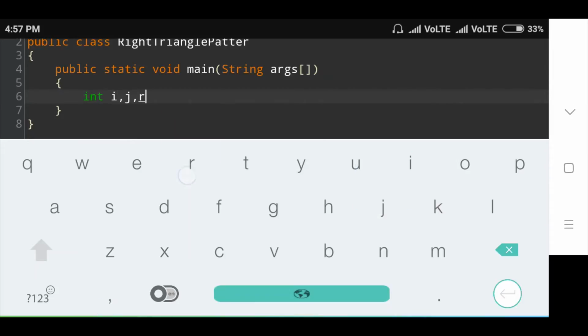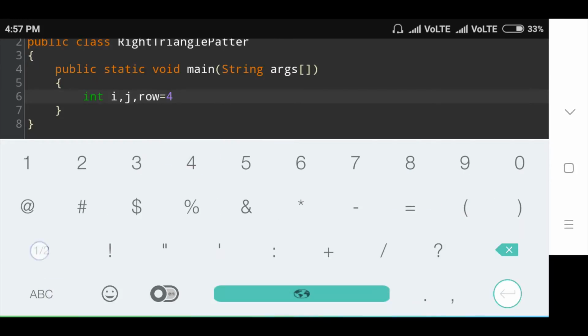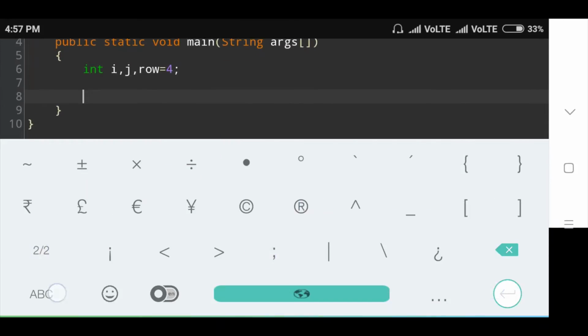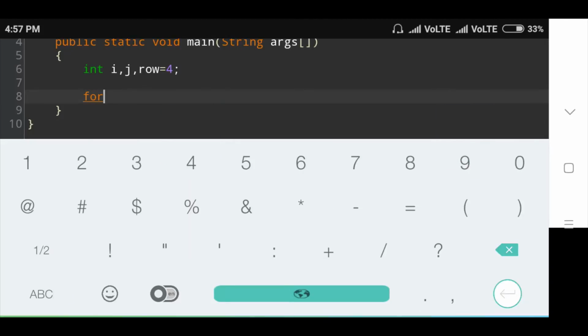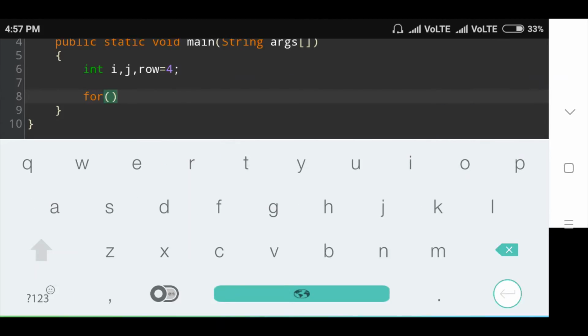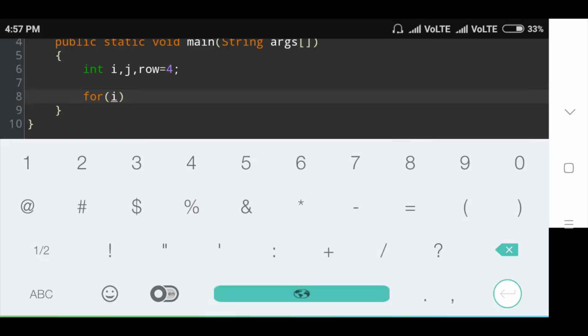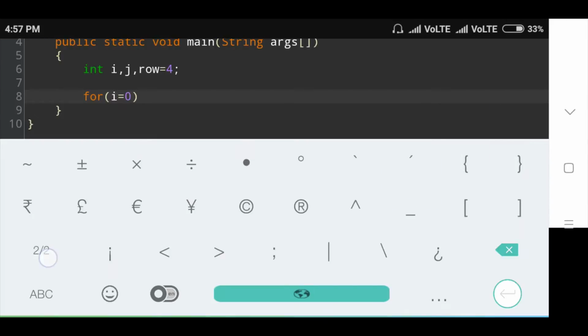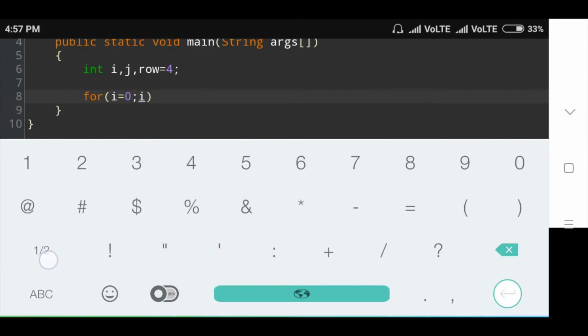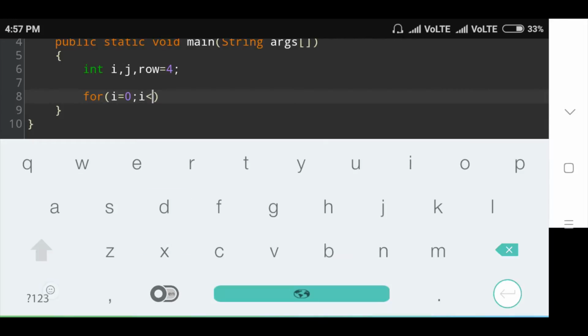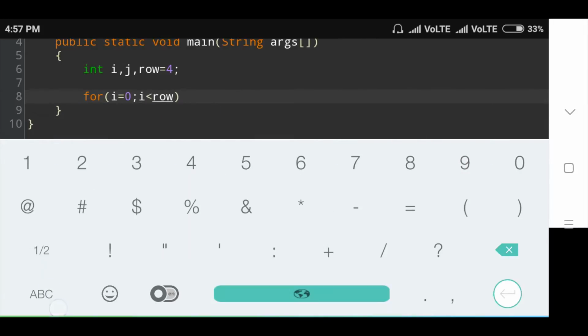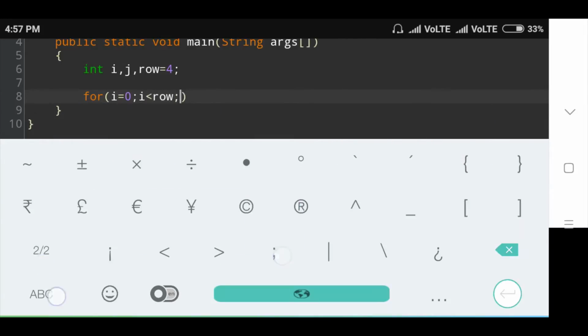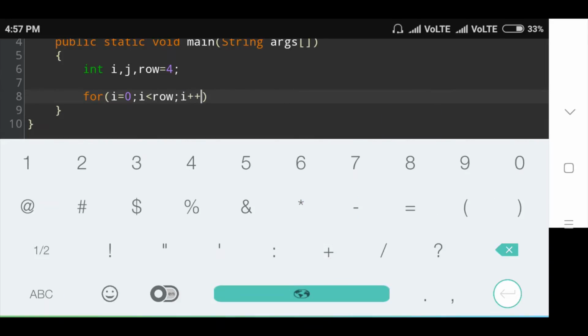Here I will take row value 4. Here we can take any value. Then the second condition is a for loop. Inside this for loop the condition is i is equal to 0. Initial i value is 0, i is less than row and i plus plus.